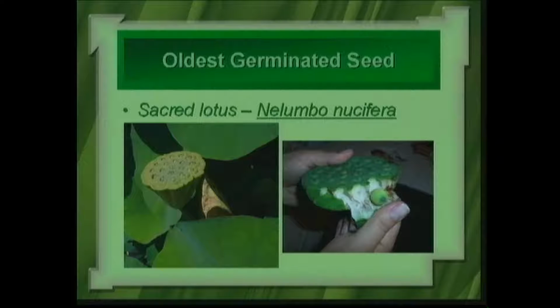So if we can go back to the flower we were looking at, this part here, which is a fruit, of course, develops from the ovary, because you remember a fruit is a ripened ovary. And what is the ovary? It's one of the structures or part of the pistil, and the pistil is the feminine or female part of the flower. So here we have a fruit of the lotus, and if somebody is taking it apart, here's a